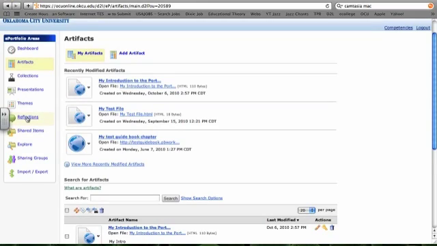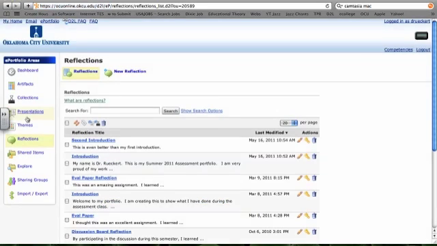Reflections, if I click on the reflections area, this is where I'm just going to create reflections to talk about the assignments. This is where I would probably do my introduction. This is where I would do my final self-assessment. On here I would create a new reflection. So really I have 5 areas of my ePortfolio, so I would probably need to create 5 new reflections. So if I go new reflection,